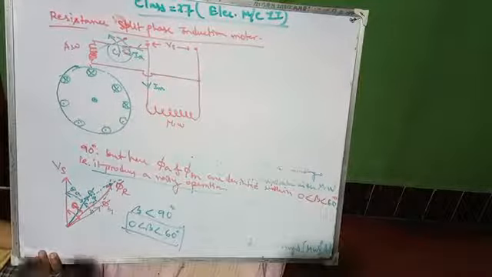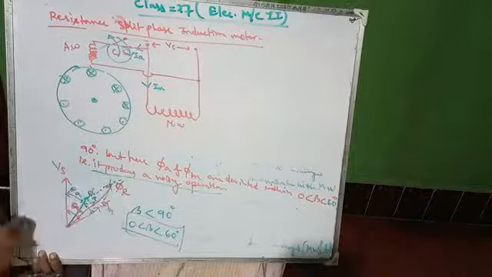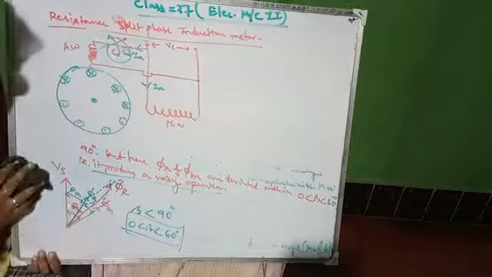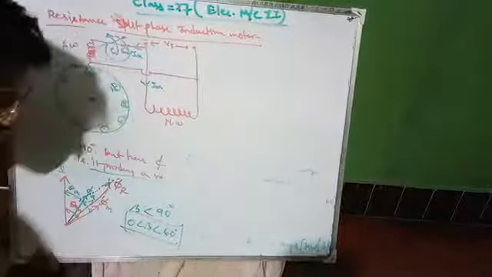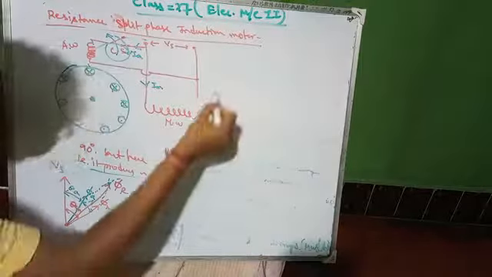So this is the resistance split phase induction motor phasor diagram. Now you have to draw the characteristics. So what will be the characteristics? At 75% of the synchronous speed, the centrifugal switch will be switched off.